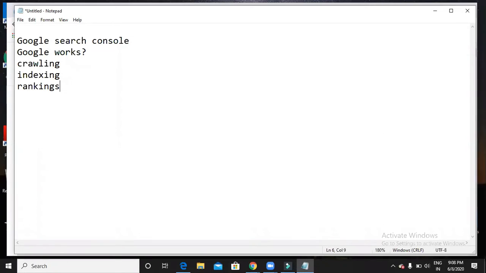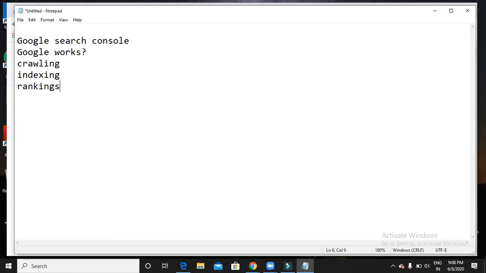So what do you mean by crawling? It's also called spidering, collecting data. Okay. So if Google wants to show the website in SERP, what is meant by SERP? Search engine result page, where you can see results when you search for any keyword.